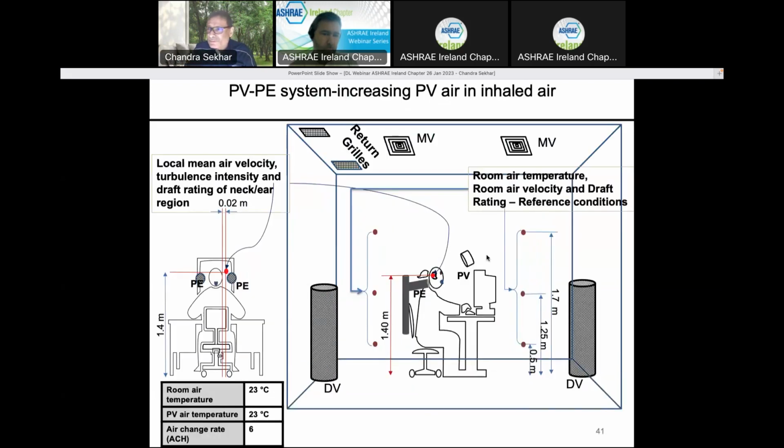So several experiments were being conducted as part of that study, and that was a photo image of our experimental setup. This one is just a schematic diagram. The idea, you can see there's a displacement ventilation possibility in that room that we had at the time of the study, mixing ventilation. So we could either do displacement ventilation or mixing ventilation strategy as the background room air. And then we had the possibility of supplying clean air directly to the person's breathing zone, personalized ventilation.